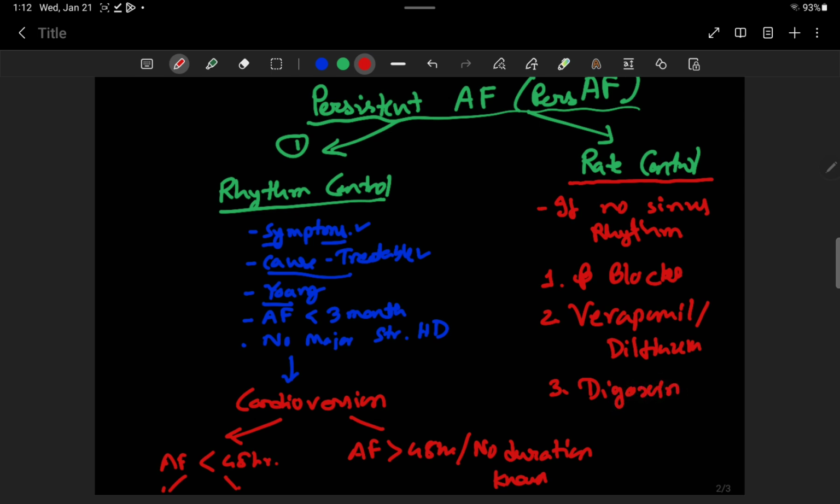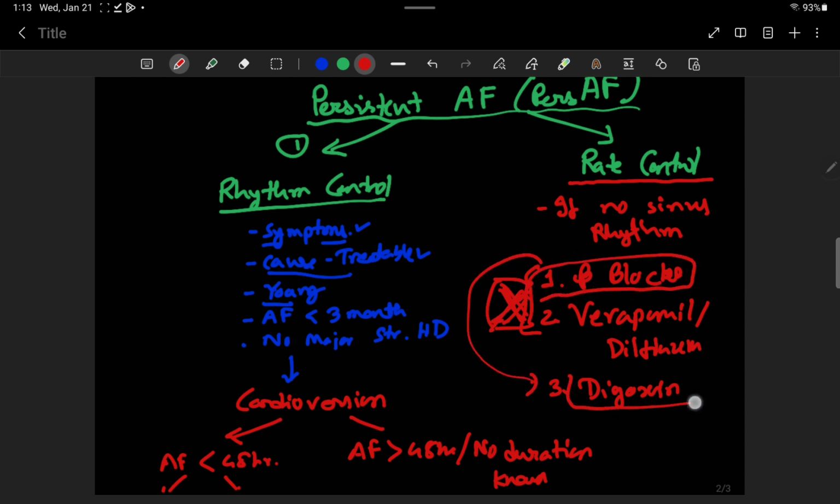You can go for one drug or a combination, but don't combine these two drugs, never. It will reduce the heart rate more. Don't combine them, but you can combine verapamil with digoxin. That's another good option. Digoxin is better in the sedentary person. Beta blocker and calcium channel blocker are better in exercising or functioning persons.